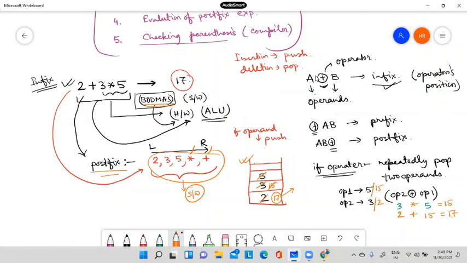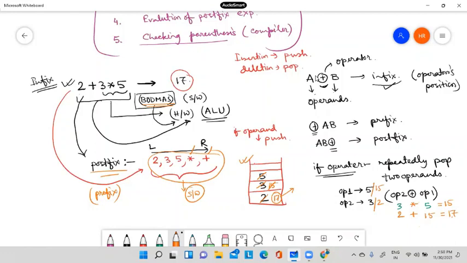So that's why postfix expression, or prefix, these two expressions are very important in case of hardware implementation.